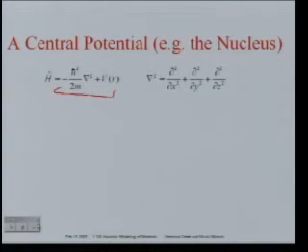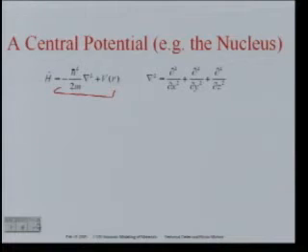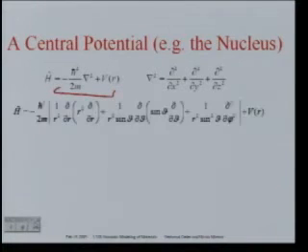And because we are dealing with the geometry of a central potential, it's convenient to write the Laplacian, the second derivative, not in Cartesian coordinates, but in spherical coordinates. That is, in coordinates in which instead of giving the x, y, and z components of a vector, we give the distance from the origin and the two angles theta and phi that that vector makes with respect to different